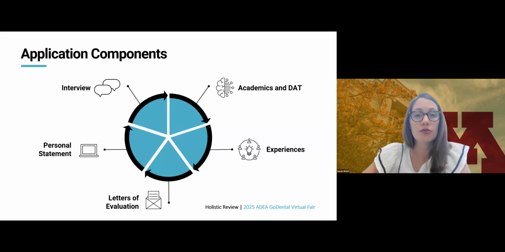The American Dental Association anticipates that you will receive your official DAT scores in 2 to 4 weeks after your test date. Keep in mind that you are able to submit your application without an official DAT score. Instead, you enter your anticipated test date. It is your responsibility to follow up with the dental schools that you applied to make sure that they received your official score.